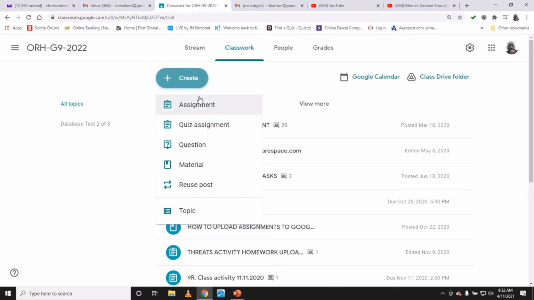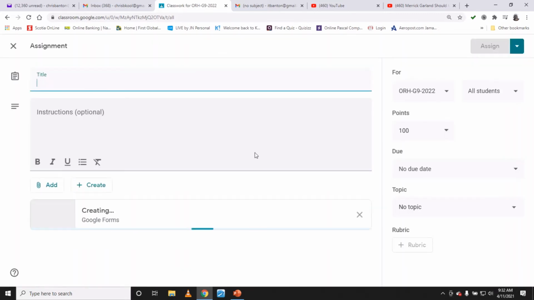You have a few options, and then you have quiz assessment. That's different from assignment. Quiz assessment is what we're looking at. So quiz assessment, click on that option, and then you will type in whatever quiz you're doing. So I am living in Ocho Rios, for example. So let us make this Ocho Rios